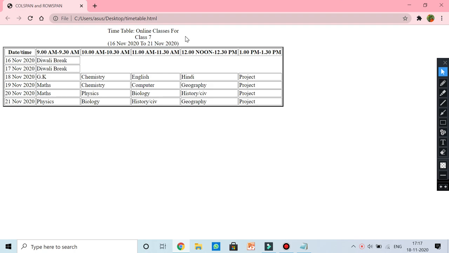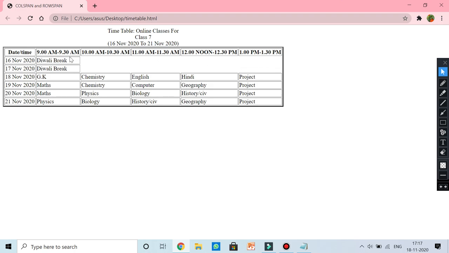So we need to use the BR tag here. This is coming under the caption tag, and then we have used the BR tag. Now come and observe this table. If you observe this table, you can see I have used only one attribute of the table tag, that is border, and that is 3 pixels.